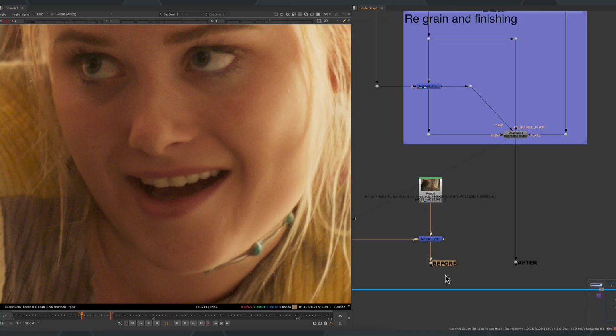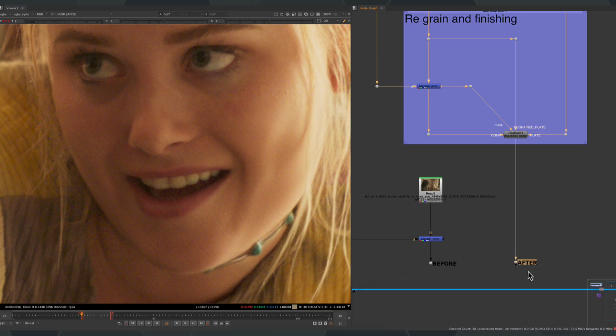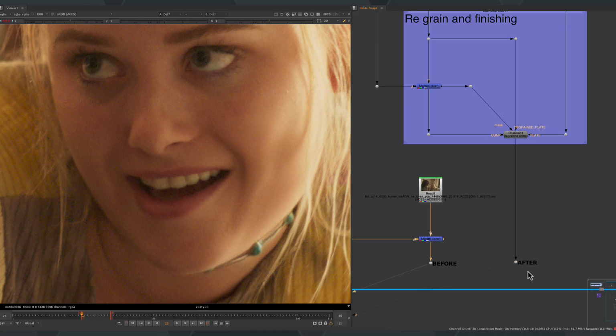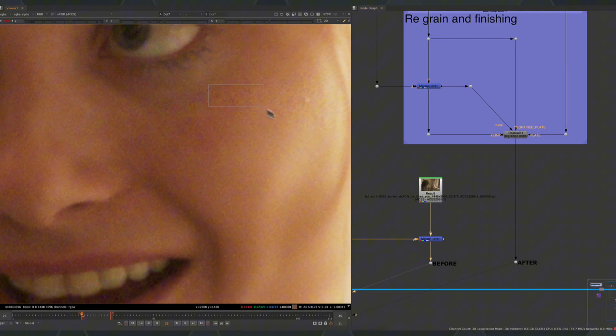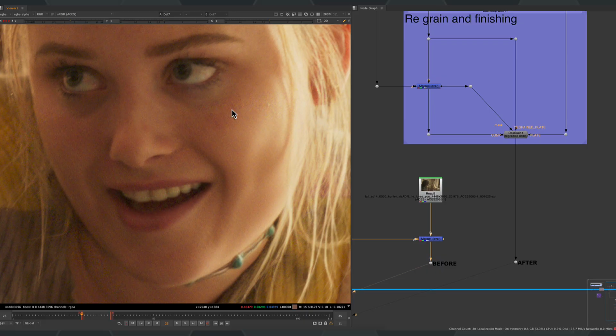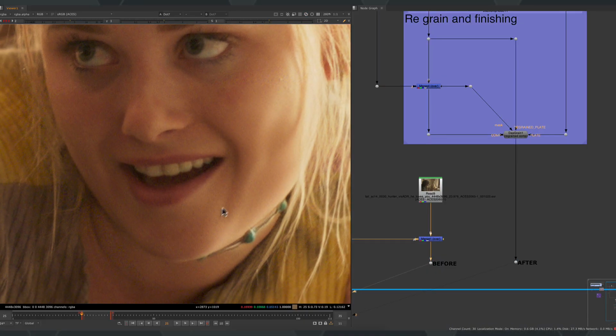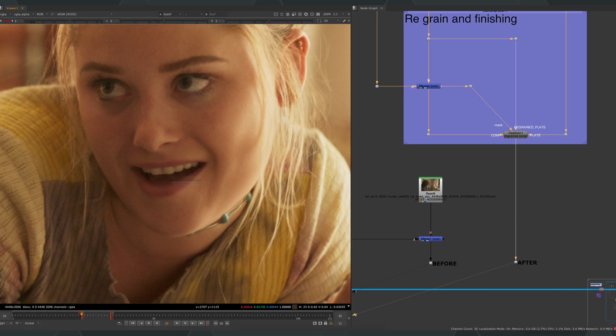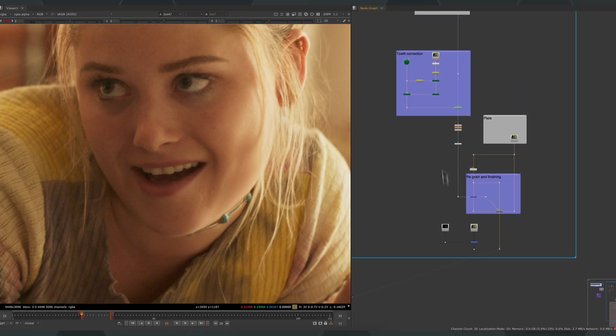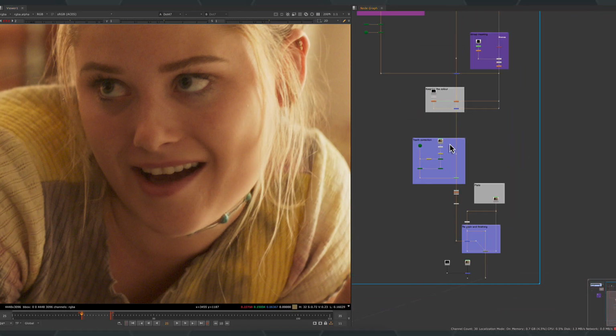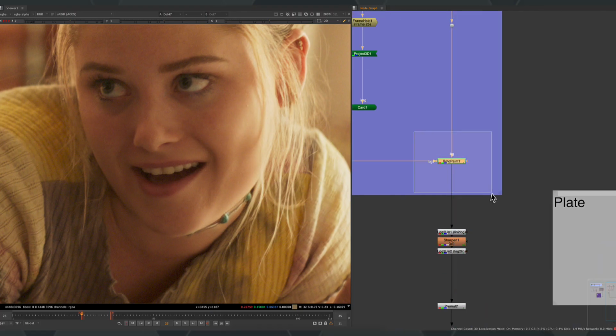And then we can just have a little look at the before and after. So this is before, this is after. I guess some things to point out is maybe the grain was a little bit heavy here in the Deep Editor output. So we've now matched that a little bit more nicely. We have some skin detail that's been added back, and the teeth are in the right position. And again, all of this is very much automated apart from this little step here where we're revealing those teeth.